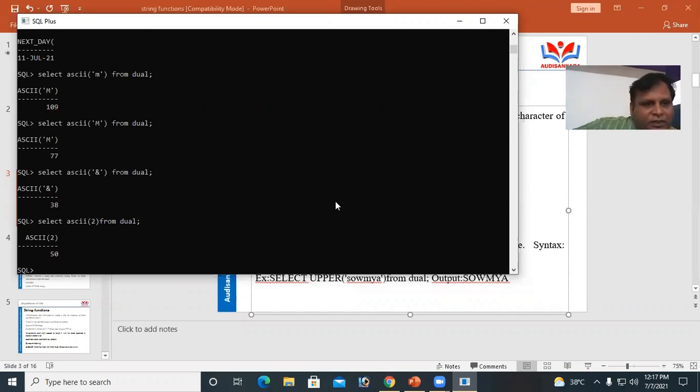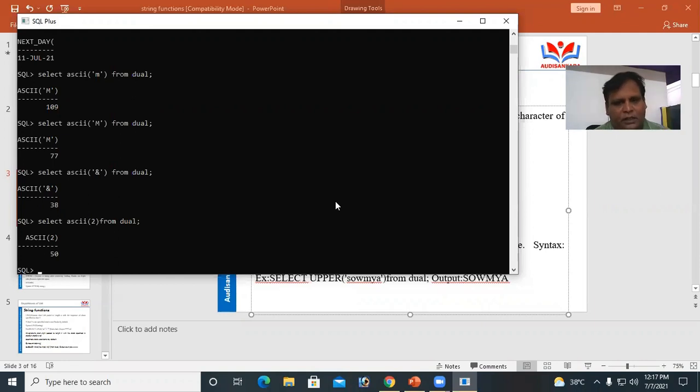It is a standard format. The keyboard contains different types of keys: alphabets, digits, and special symbols also. Everyone has an ASCII value. To fetch the ASCII value we use SELECT ASCII of a character from DUAL. A character means an alphabet or digit or special symbol or something.